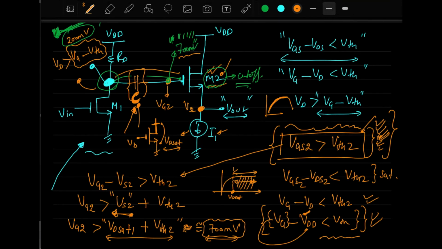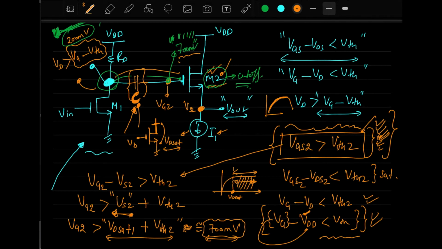Sir, are the 200 and 700 calculated values, or is it always like that, around 200 millivolts? No, no, this is just for your understanding. It will be different, but the main concept is that these two voltages will be different, and they will be very much different. So one will be, let us say, 5, another one will be 50. That is a way of making you understand that the difference between these voltages will be too large, and if you connect them straight away, it will create problems.